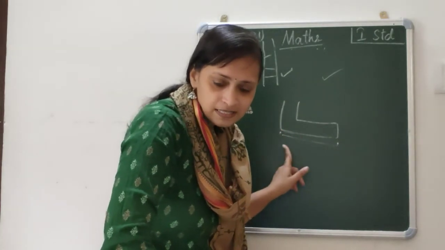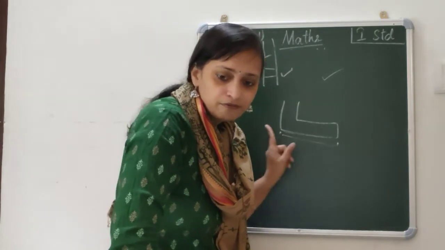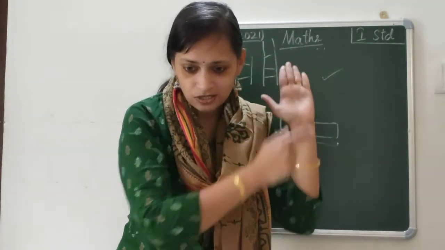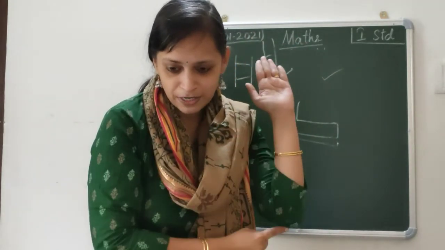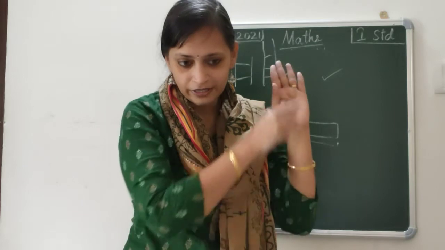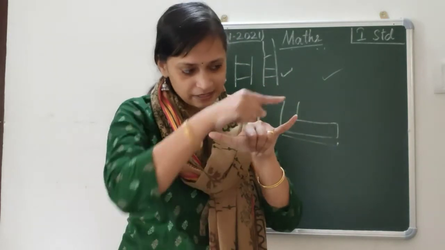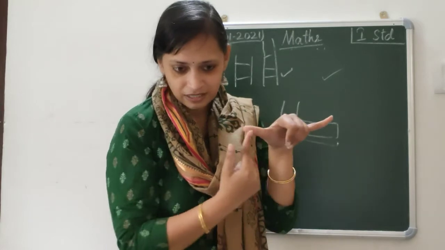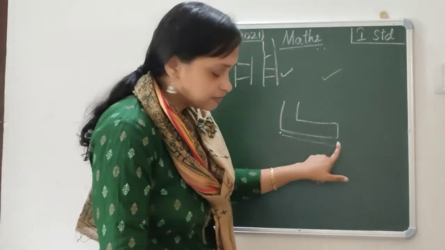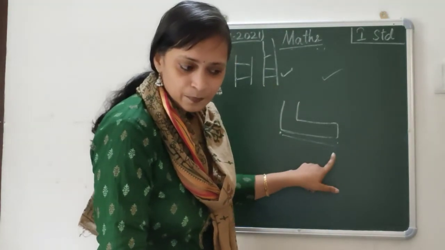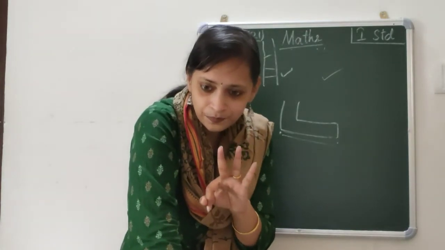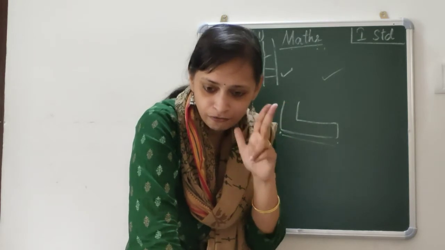What is this called? Foot span. Remember, from the tip of your finger till your elbow, what do you call this measurement? Cubit. This is called cubit, not cuboid. And when you measure the tip of your thumb to the tip of your little finger, this is called the hand span. Then from the heel till the tip of your foot is called the foot span. Very good. So you learned 3 different types of measurement here: cubit, hand span and foot span.